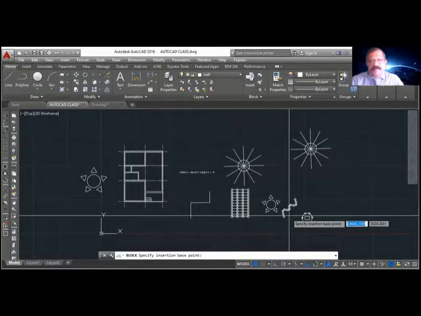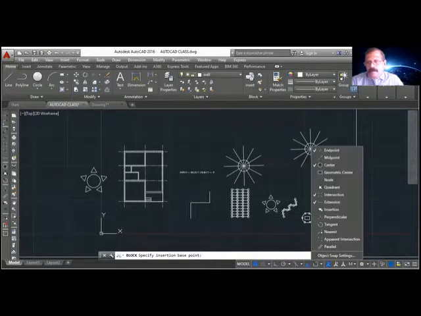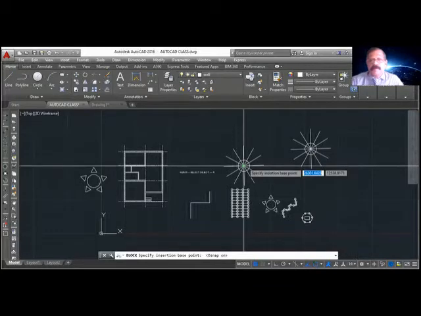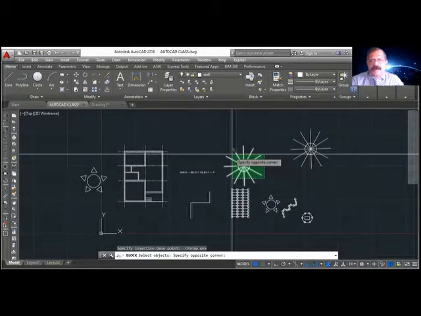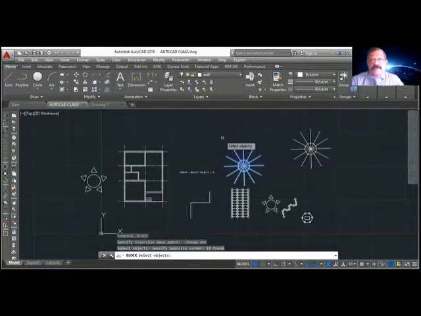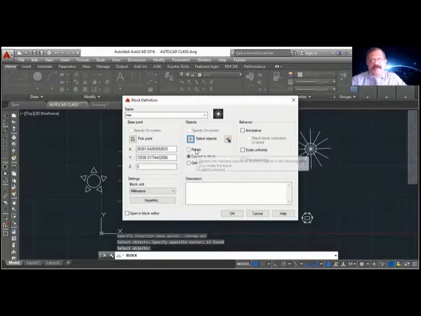Okay, every time if you want the center of the circle, make this on. Their intersection is also coming, so both are coming, no problem. So you give a name first for a block, give a name, pick point, select the objects. So select using the direct cross window, enter. And here retain means if you want to keep the original object as it is. Convert to block means the original is converted into a block. Delete means you delete the original object. Okay, let me delete the original object.